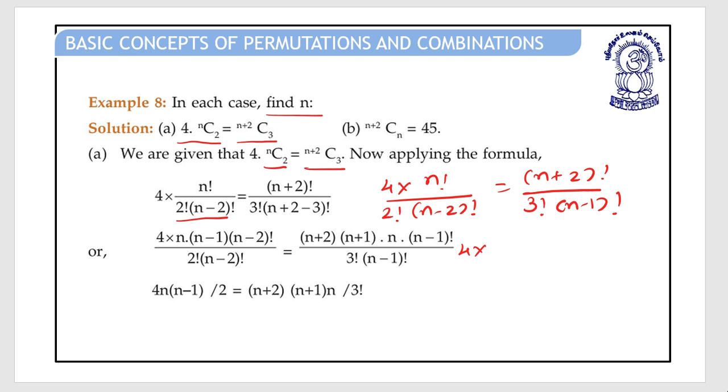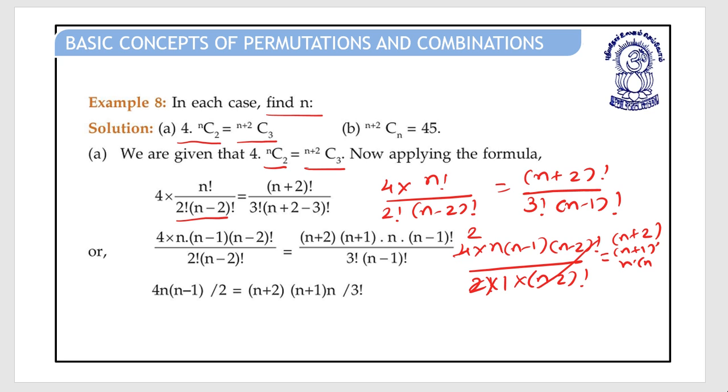So 4 into n into n minus 1, n minus 2 factorial, upon 2 factorial, 2 into 1 into n minus 2 factorial, cancel. 2 to the 4 is equal to n plus 2